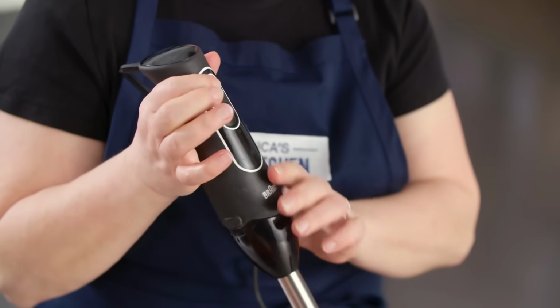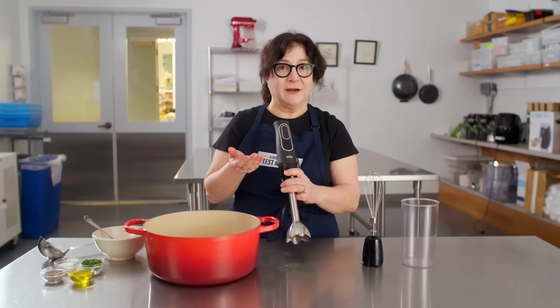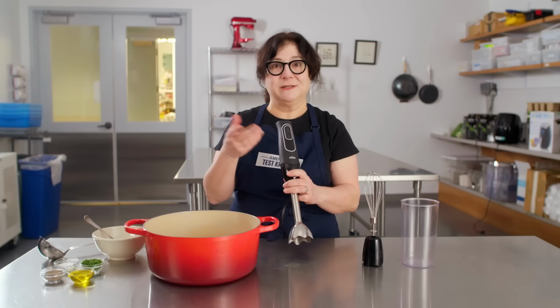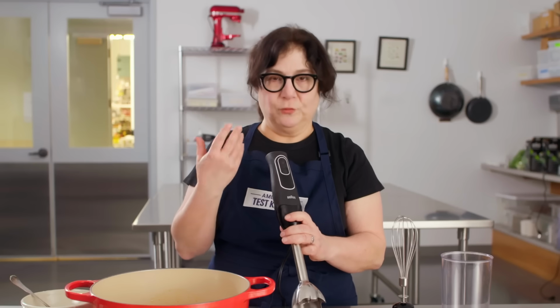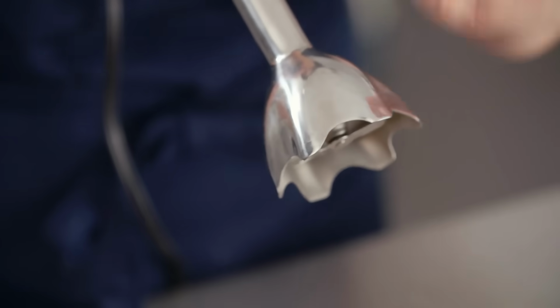It has speeds right here, two buttons, and they really do different things. They have different power levels, unlike a lot of the other ones that we tested where they had a bunch of settings and no difference. It has really good speed and good sharp blades. And this little housing over it helps the food circulate through the blades so you can get a nice smooth